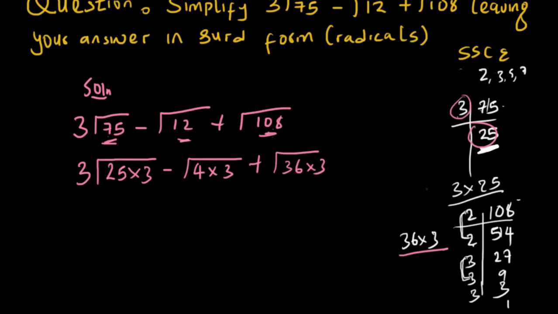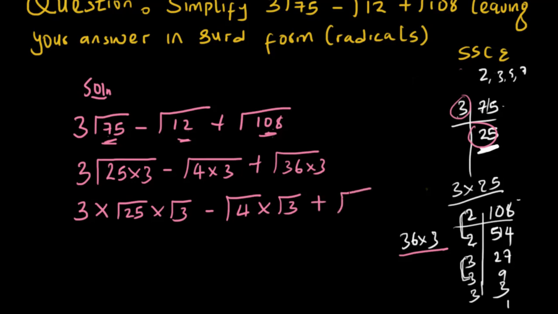Do you understand? So look carefully. We are going to have 3 times root 25 times root 3 minus root 4 times root 3 plus root 36 times root 3. I hope you understand. Now we have 3 times root 25 is 5, because 5 times 5 is 25, times